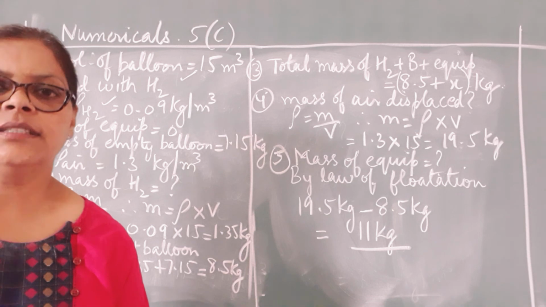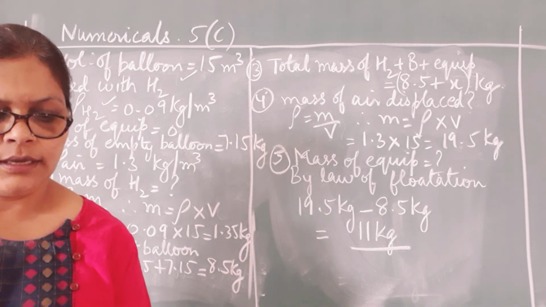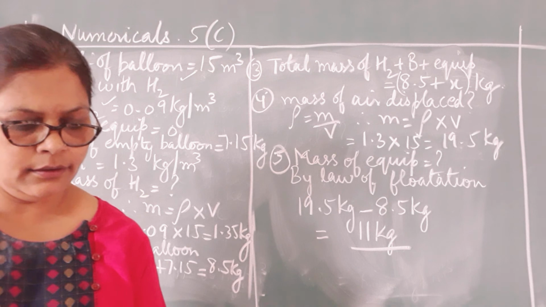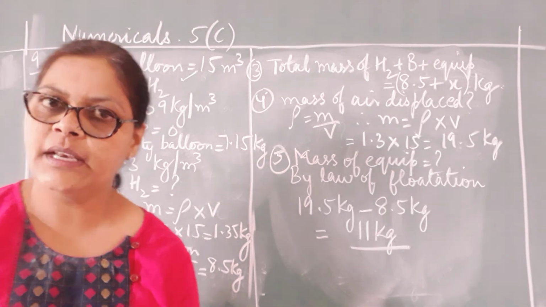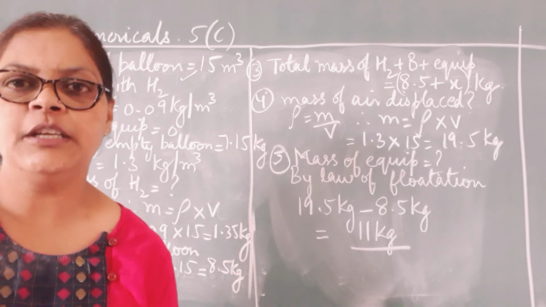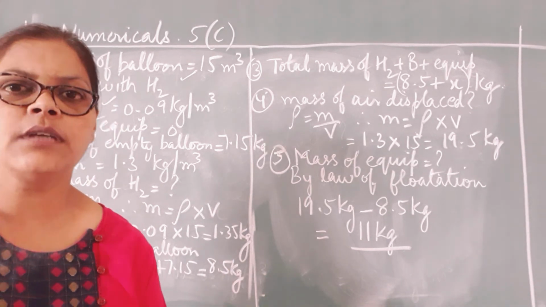And with this I end 3 complete chapters in physics. That is, I completed chapter 1 with you, that is measurements. Then after that chapter I did pressure in fluids, I did all the numericals for you. And the 5th chapter, that is upthrust in fluids and Archimedes principle, I just finished the numericals. So we have done 3 chapters now.